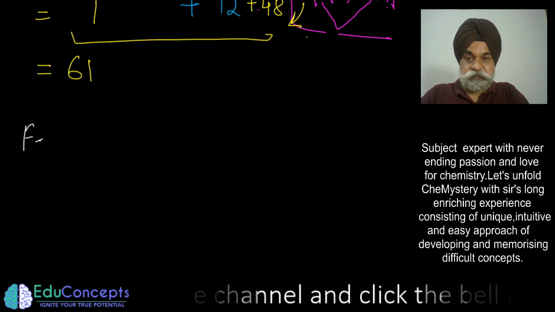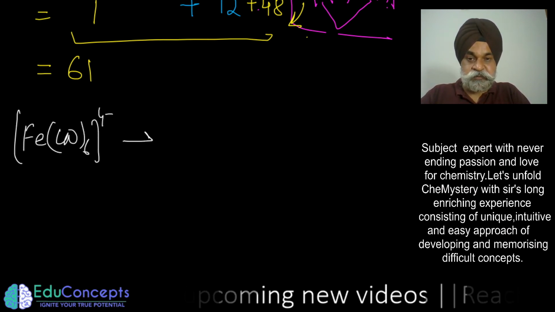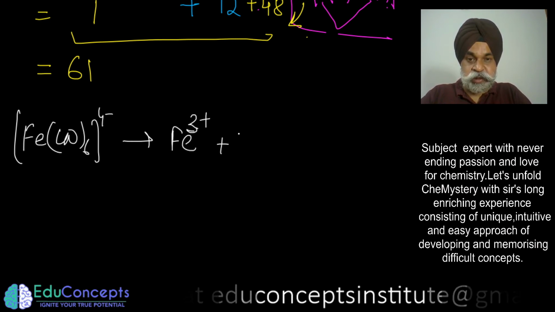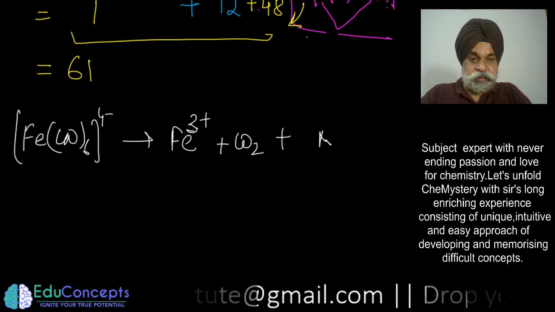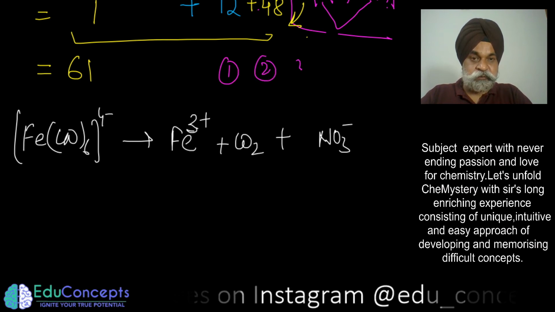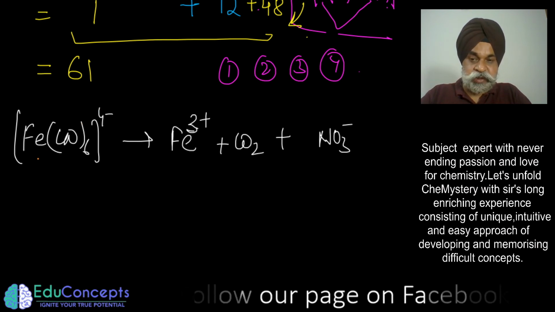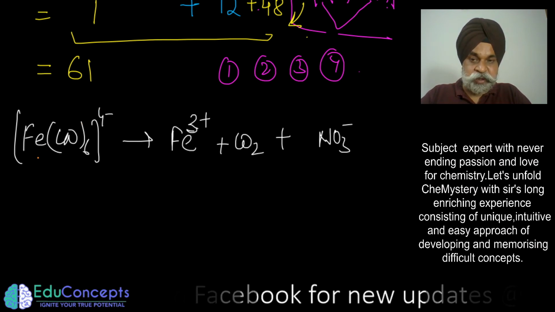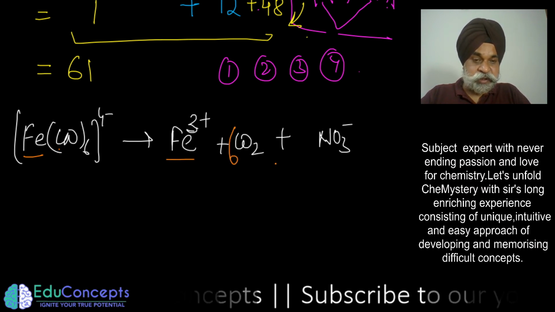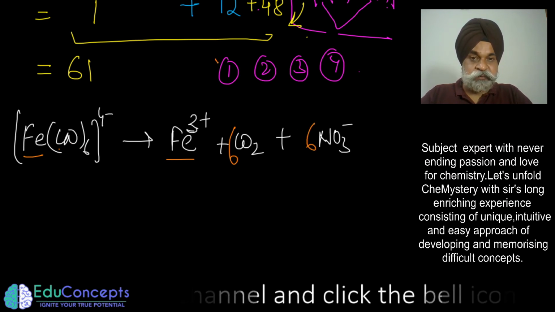Another way is to find the N factor with the balancing. If you want to go by the balancing, how could you do it? It is the way we did in the last two videos also. Let me write once again. Since the reaction is happening in acidic medium, we said there are 4 rules, and they are quite easy to understand. First, balance all other elements except oxygen and hydrogen. Fe is 1, Fe is 1, carbon is 6, so I should put 6 here, and nitrogens are also 6, so I should put 6 nitrogen here.